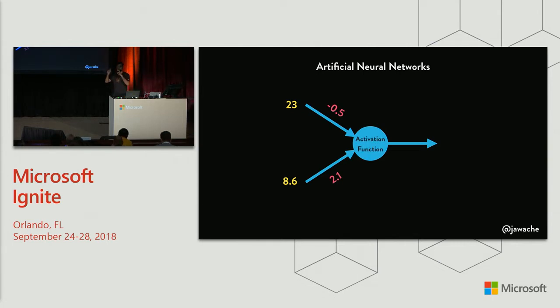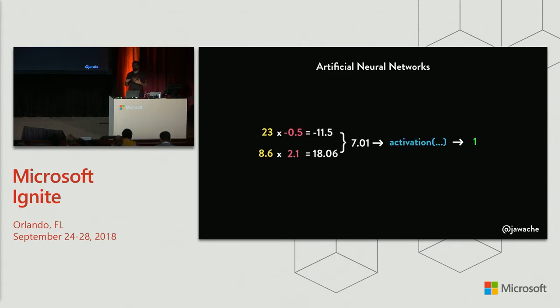If you can remember the body, it was only going to pump out electricity if enough electricity came in. The activation function is the thing that decides that, and it pumps some value back out again. If you connect enough of these together, you essentially get a neural network. So look at the screen. This is all the mathematics that's happening inside this neural network: you get the input values, you multiply them by the weights, you add them together, you pump them through this activation function, and it outputs a number. Then that goes as an input into another one, and another one. This is a perceptron, the most basic part of a neural network.